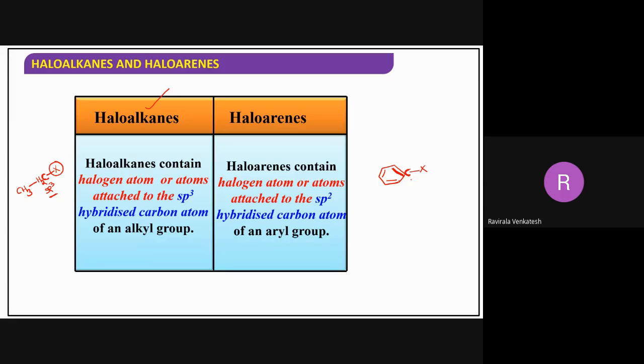So this carbon is having sp2 hybridization. Why is it having sp2 hybridization? Because it has a pi bond here. Because of the pi bond, this carbon has sp2 hybridization. So now they come under what? Haloarenes. But here one problem is there. What is that problem? So if I take CH2 double bond CHX,